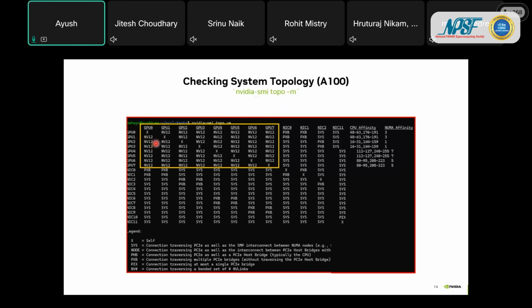Now each GPU, if you see, is equipped with 12 third-generation NVLinks, and this third-generation NVLink has a bidirectional bandwidth of 50 gigabytes per second. Now, each GPU has 12 NVLinks, and these NVLinks are all connected through NV switches. So each GPU is not connected to another GPU by a set of wires directly. Instead, there is an